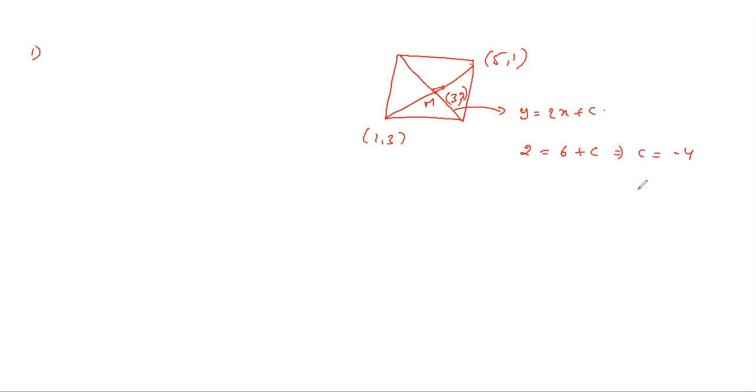But we have to find the remaining two vertices. Find the length maybe. Actually, the diagonal of ABCD. What is the length AC? Root of (5 minus 1) whole square plus (3 minus 1) whole square, 16 plus 4, 20. Root 5. Now this length is also root 5 and root 5, because diagonals bisect each other. Not perpendicular, we don't know. Now you have to find the vertices B and D.